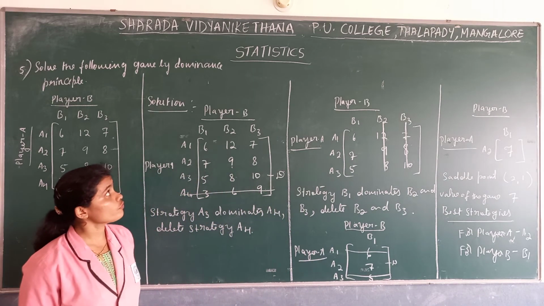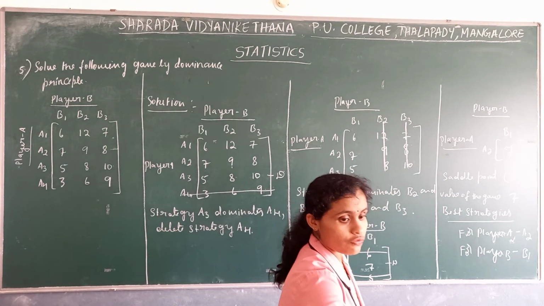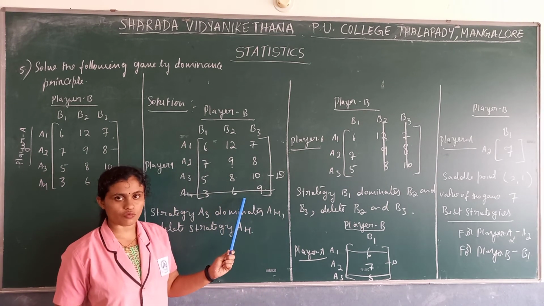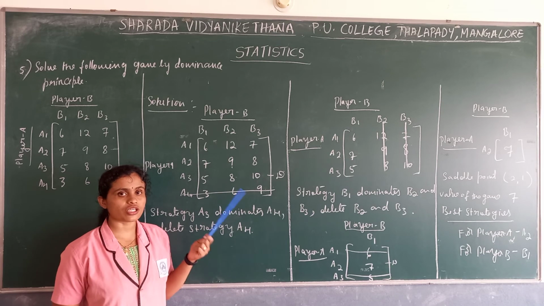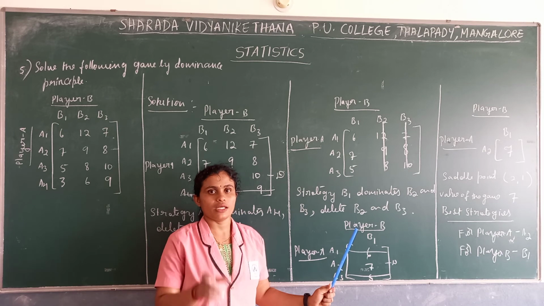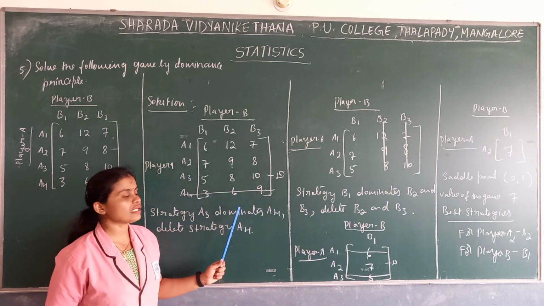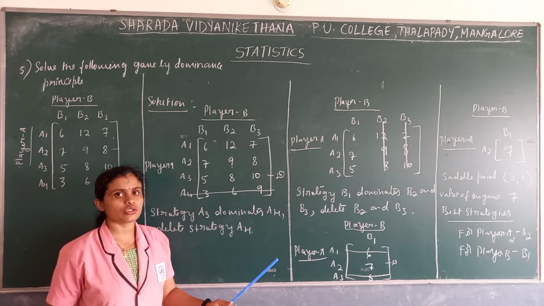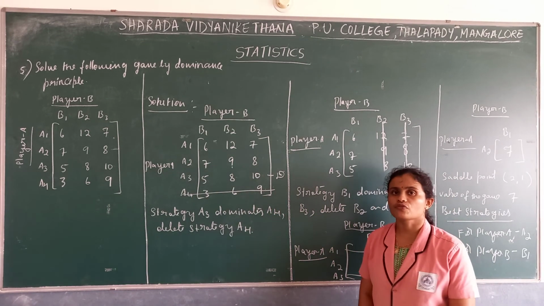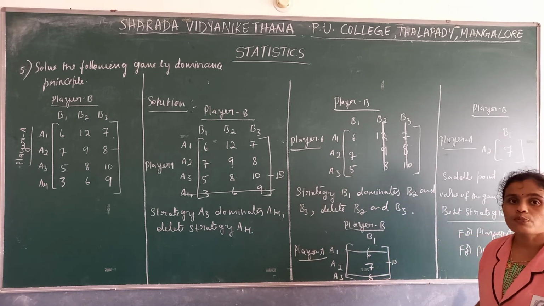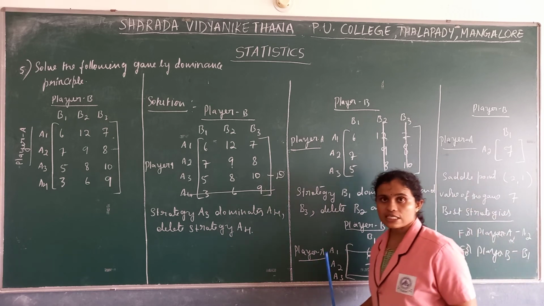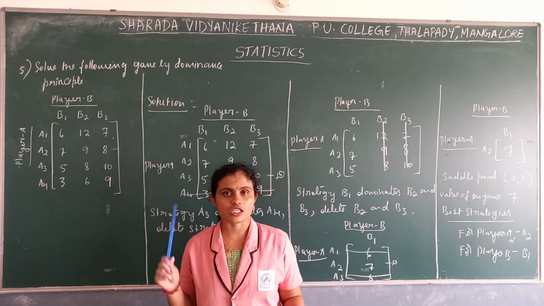Now, in case of the dominance principle, you have to remember one thing. Firstly, we have to go row wise. In row wise comparison, we have to find the maximum row. The maximum row will be the dominating one. The dominating one will remain there, and the other one you have to delete. In column wise, you have to find the minimum column, and the minimum column will dominate the other one, which you have to delete. This problem is easy. You have to practice as many problems as possible.